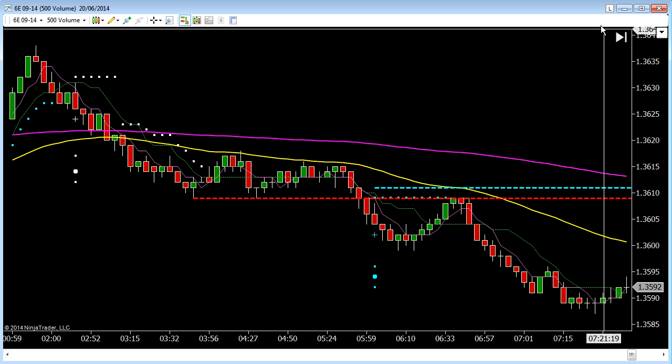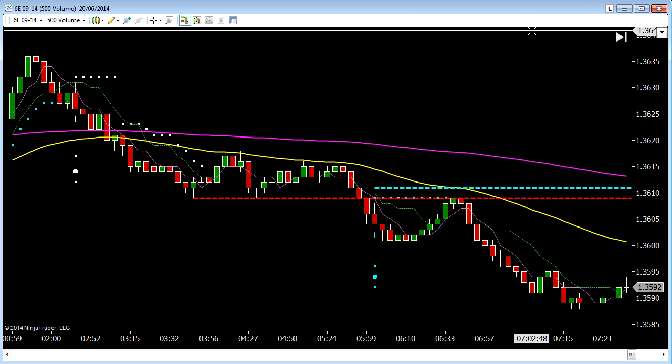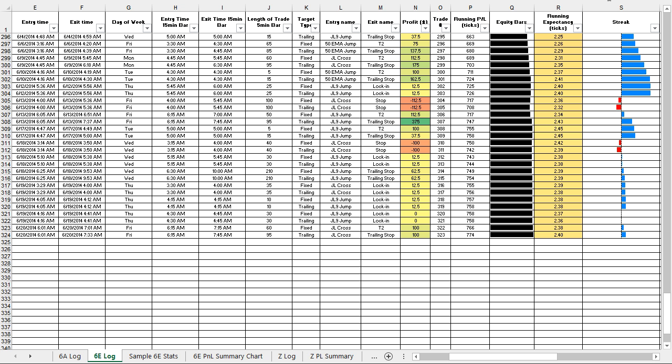Now that might not seem like an absolutely huge amount, but it's the consistency of the product that you want to focus on. And having a look at some of the stats, you can see that actually the Euro is a good product. And one thing I would like to just point out here is that if you're getting into trading, if you are